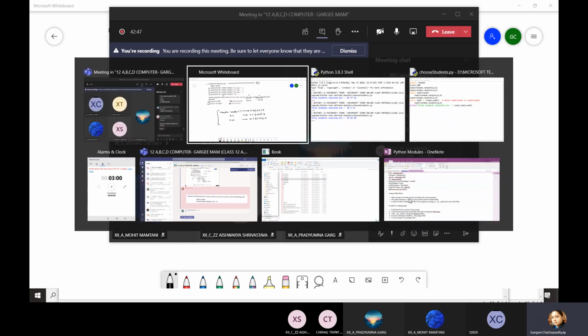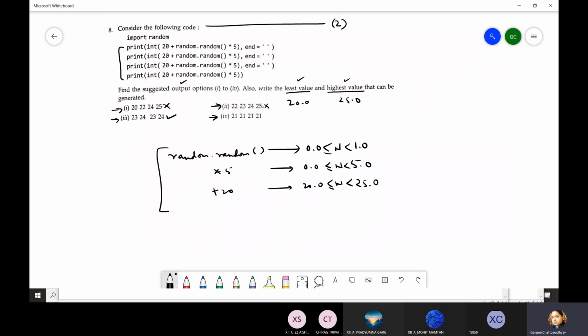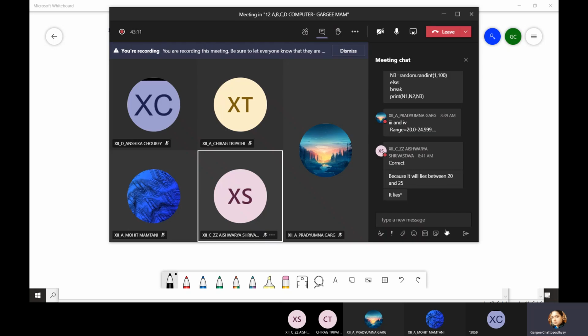She gave the correct answer. This is also included. So you have two options, 3 and 4. And the mark distribution is 1 mark for this and 1 mark for giving the least and the highest value. If either one is false, you get half marks for each. Okay. I'm sending the screenshot of this also.